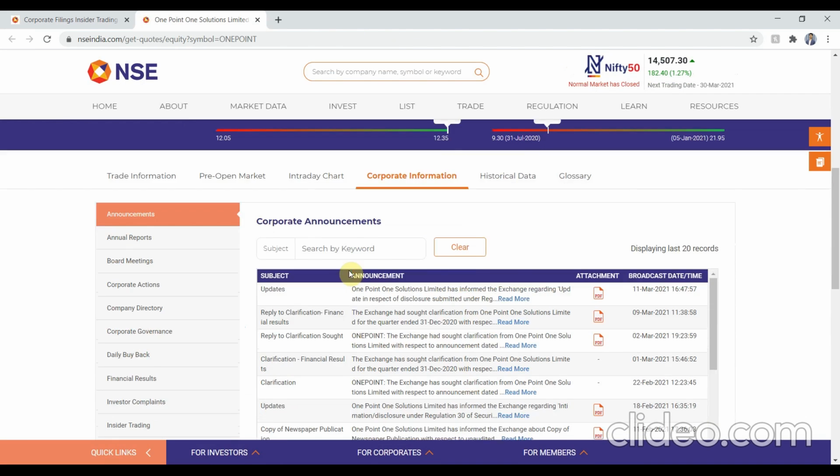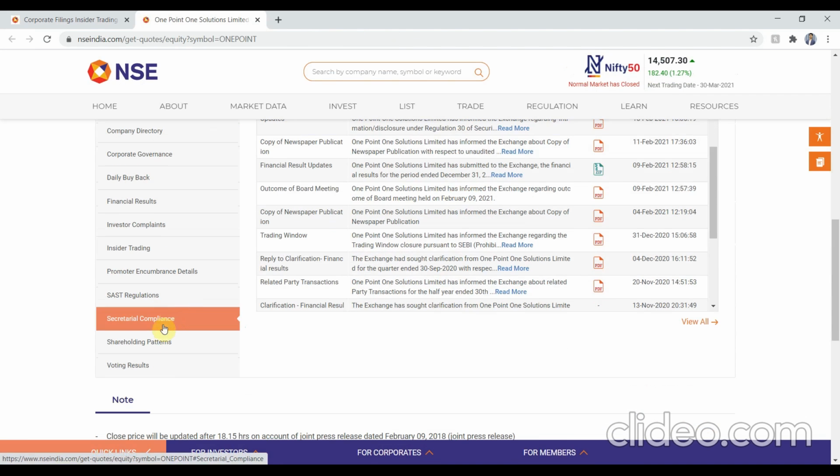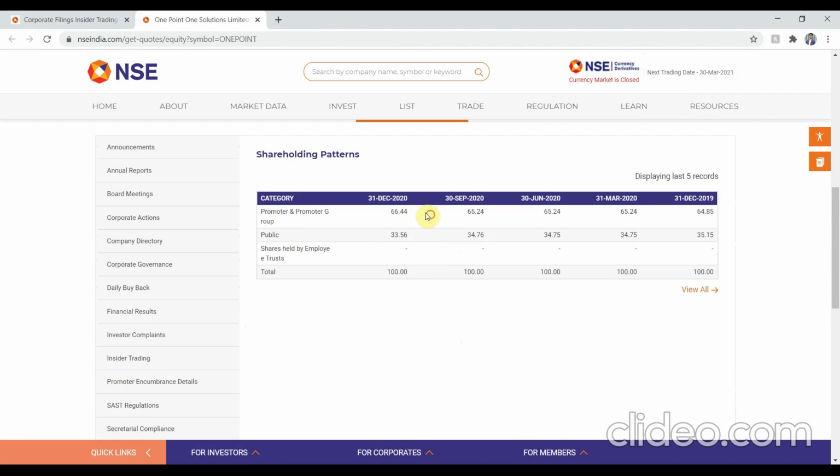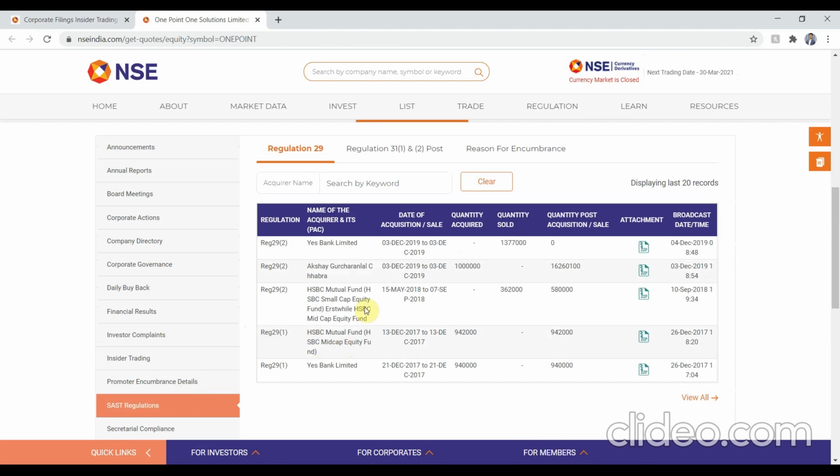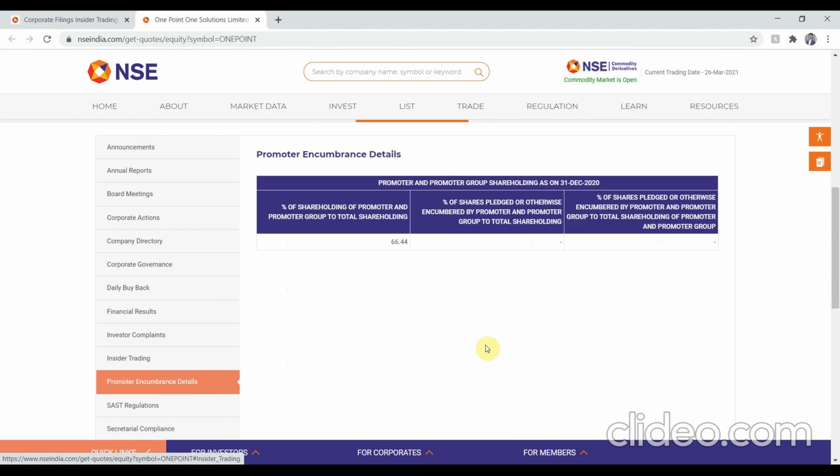Check corporate information, check the shareholdings. Shareholding looks good. Selling, okay, yeah, we don't need to worry about the selling. Let's check that the pledging is not there. So it passed all the three mandatory filters, 1.1 Solutions Limited.